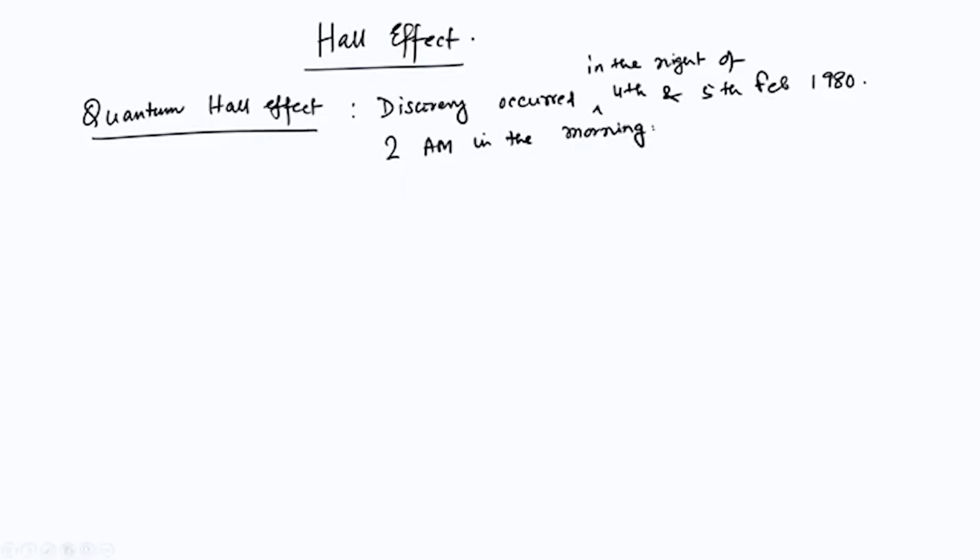The name of the discoverer is K.V. Kletzing, Klaus von Kletzing, and he discovered it, and in his notes on that night he actually said something very, very interesting. He said that he actually gave the resistance, which is the benchmark of resistance, and from this experiment which